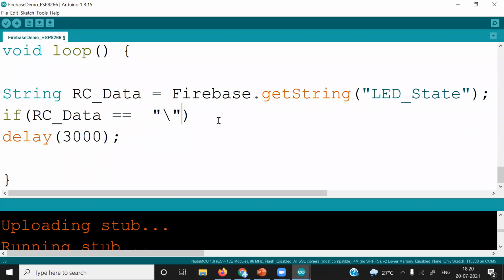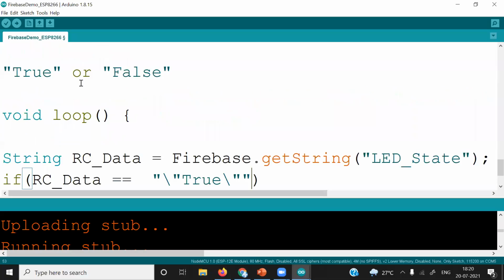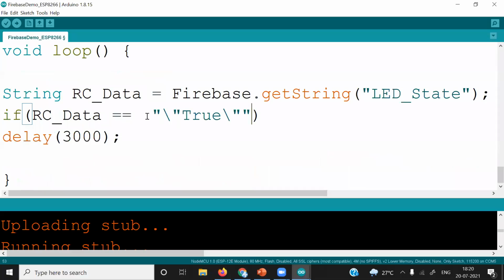Then put the string true, then again backslash and double quotes, again 2 times. Now you can see that it is in blue color. I hope you are able to see this. So this is how you must compare the string you are receiving from the real-time database. So that is the reason I just showed you. You cannot just compare directly.